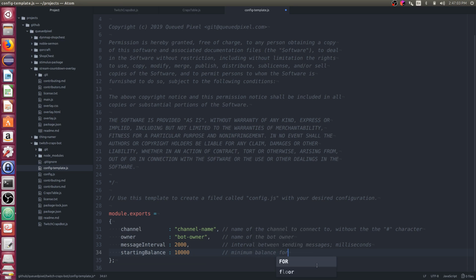Minimum balance for players, or starting balance for players. Actually, I don't think the administrator wants to deal with the hundredths of a unit. So I'll go with that.